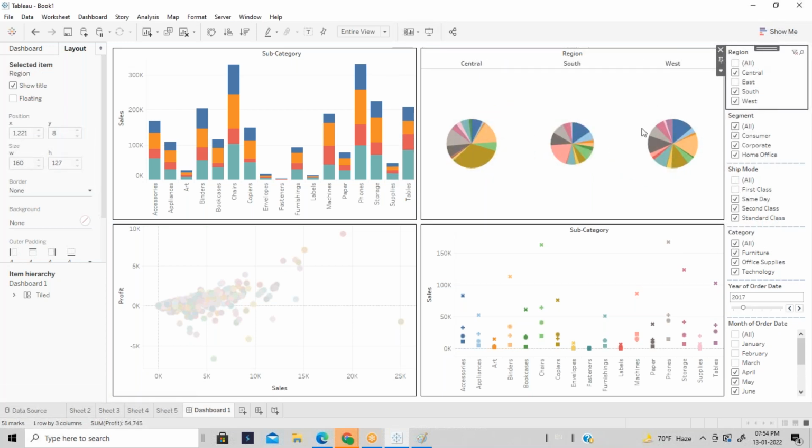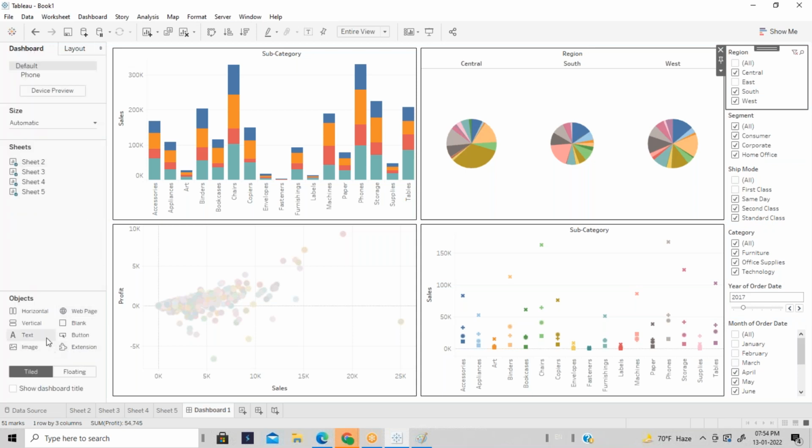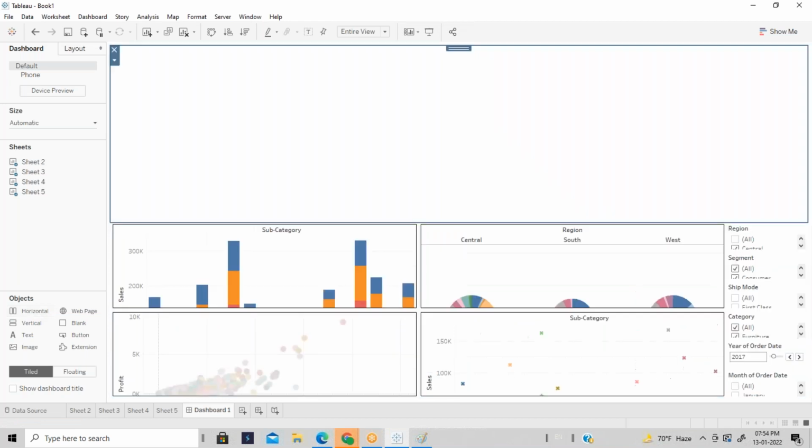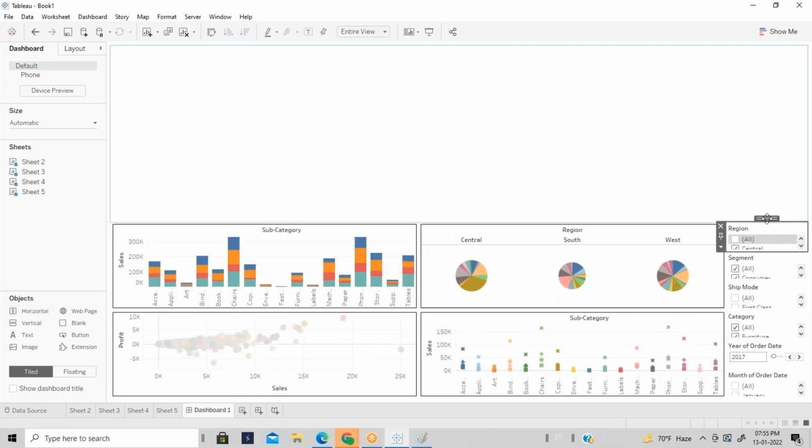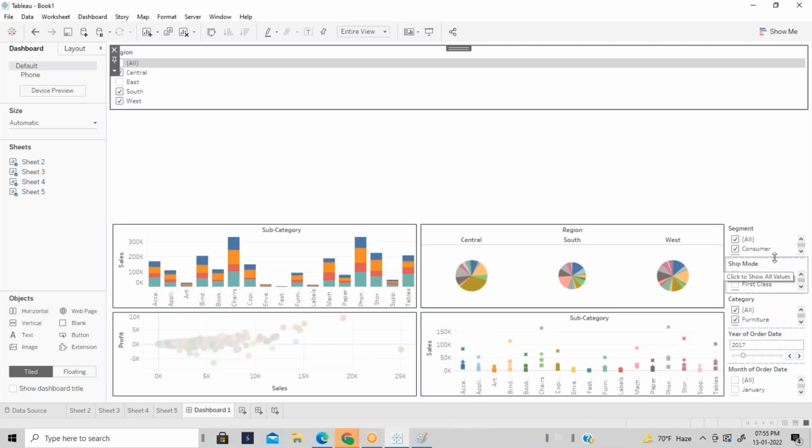Okay. I'm going to bring these filters into one component. I'm just taking the horizontal container and making it on the top, and I'm adding all the filters here, guys.